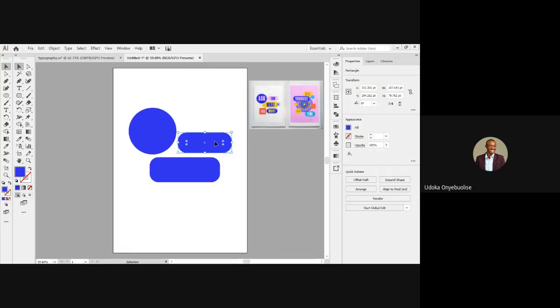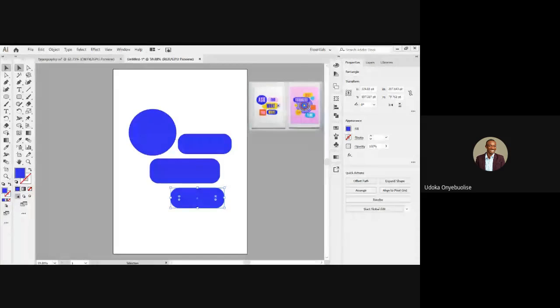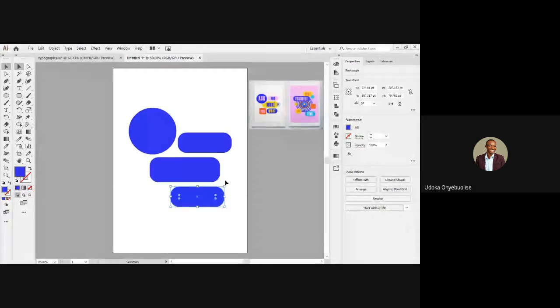That tells you you're ready to duplicate. So click and drag, and then you have a duplicate already. And when you have these duplicates, what you need to do is